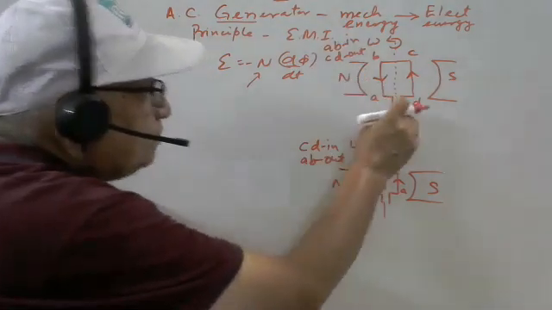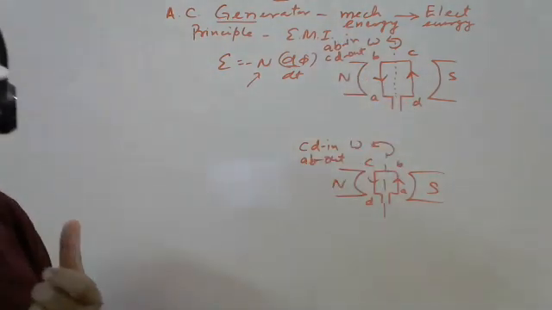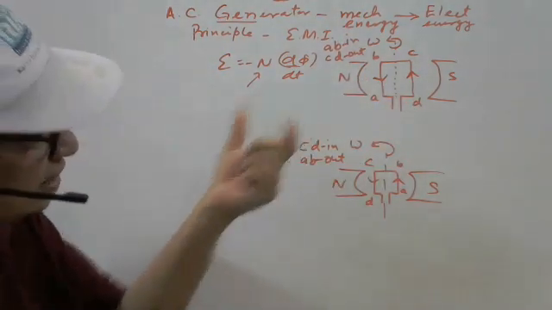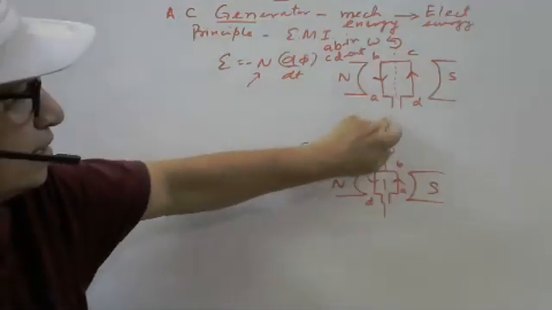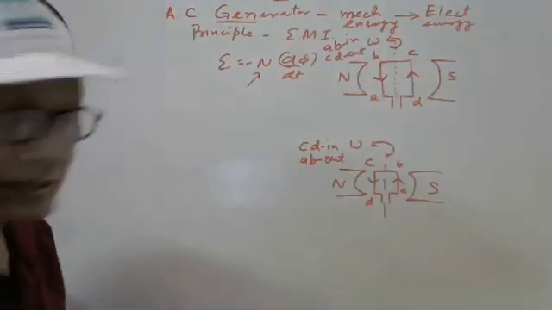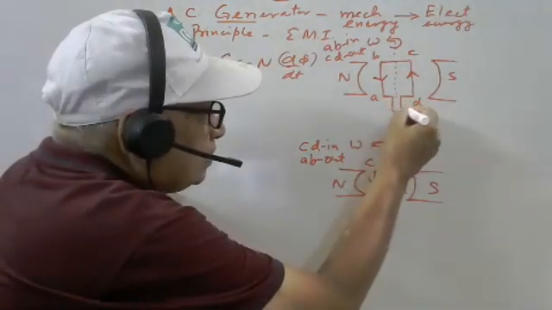Let us discuss here how we are tapping the current. Tapping means how we are taking the current from this armature. There are a number of turns in this armature, and A is connected with the ring.